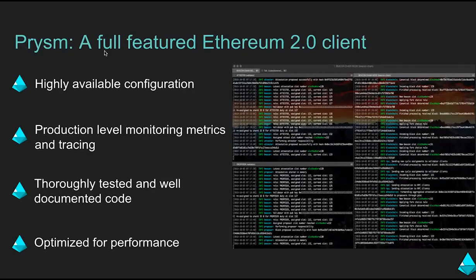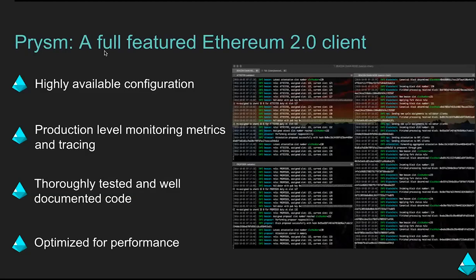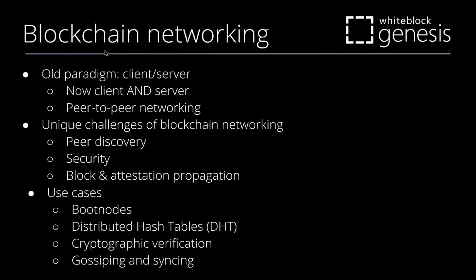Thanks. Thank you so much, Preston, and thank you for all the talking points. I think it's going to make my job in the next few slides easier. So we're going to move a little bit into a different discussion. We're going to talk a little bit about blockchain networking. We're going to talk about the challenges of Ethereum 2. I think you heard in the last 10 minutes that there are a lot of challenges related to the sheer performance numbers that we're trying to reach. So let's go and talk a little bit about that. And we still have ahead of us a demo of Genesis with ETH2, and then we'll open up for questions.